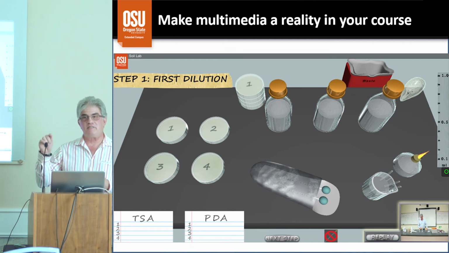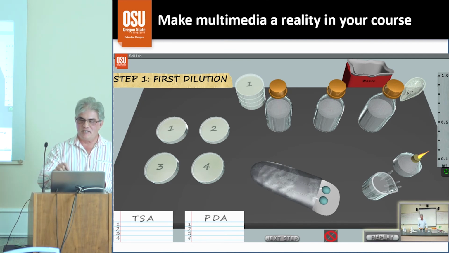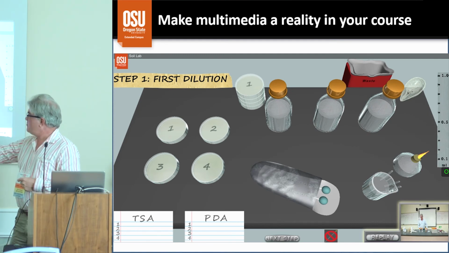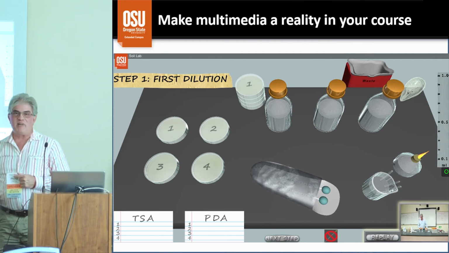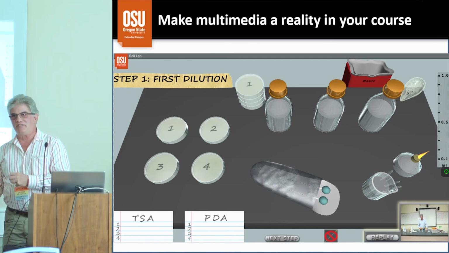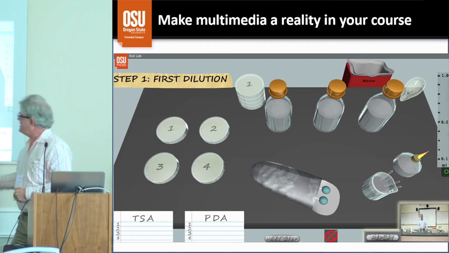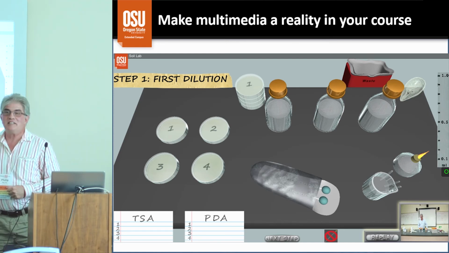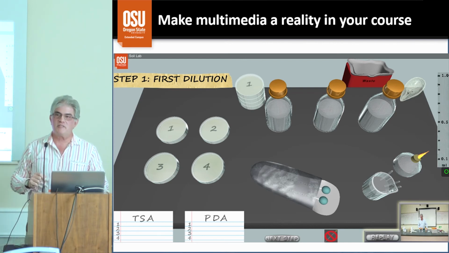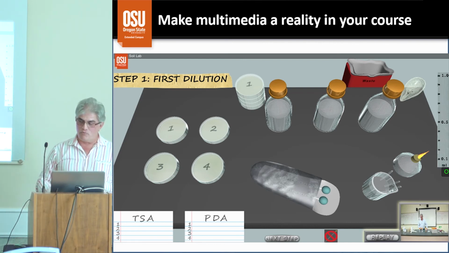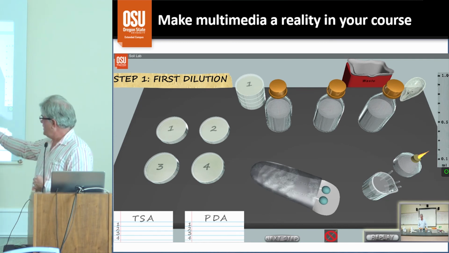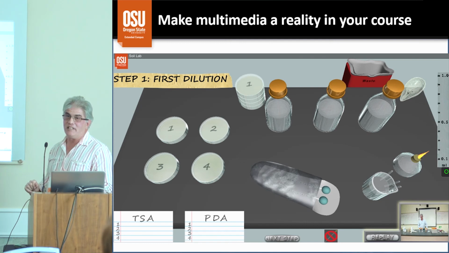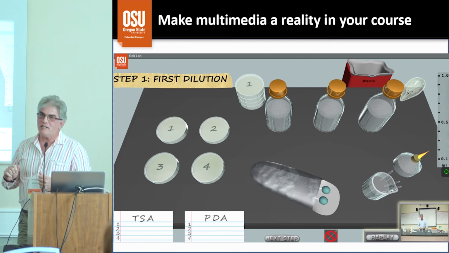The experiment involves taking a soil sample and doing a serial dilution, which is in these bottles. And they have to pipette and pass fluids from one bottle to the next to dilute down the sample. And then they use Petri plates, and they have to flame an applicator in order to sterilize it, and then spread the known volumes over the Petri plates. And then they let those grow. During the whole course of this experiment, they can go back and look at the actual video, or they can go back to the demo.